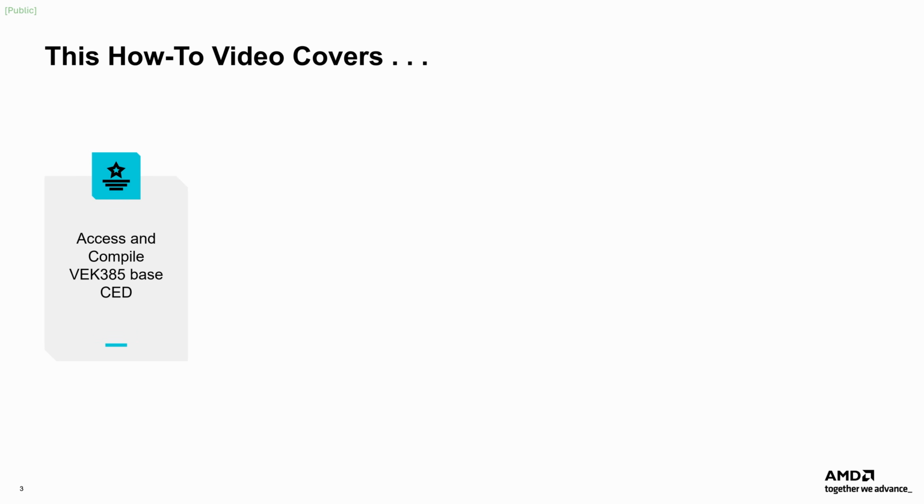The video will begin by accessing and compiling an EDF-compatible Vivado base project targeting the VEK385 board. This base design can be found in the AMD Hardware Platform GitHub repository. Next, a child project will be created based on this base project, and the Knox solution file from the base project will be extracted and imported into the child design so that an identical NOC configuration will be used to ensure compatibility. A new custom IP will then be added to the block design so that the PL is modified, allowing LED control to come from the DIP switches.